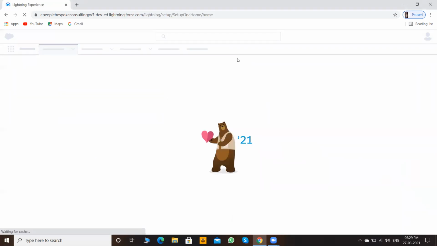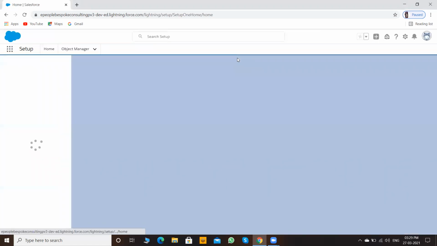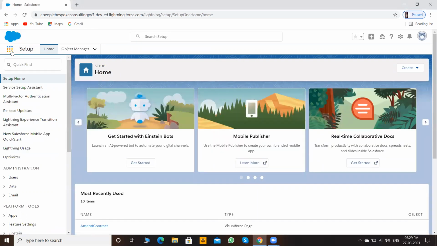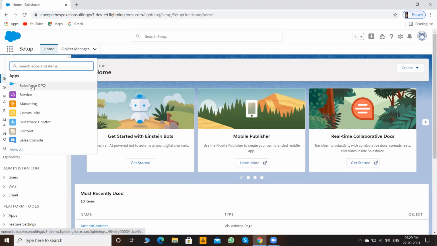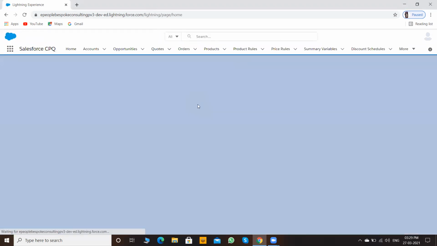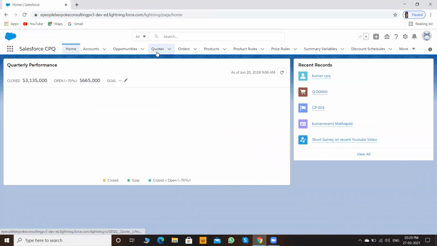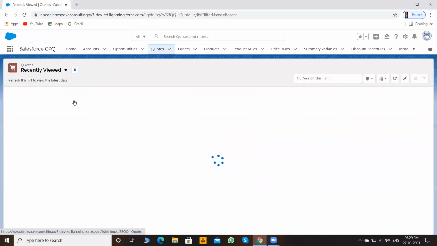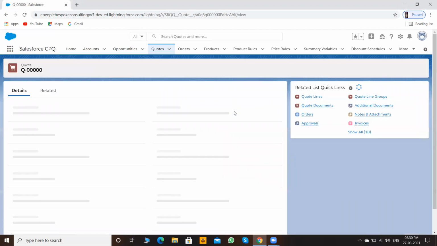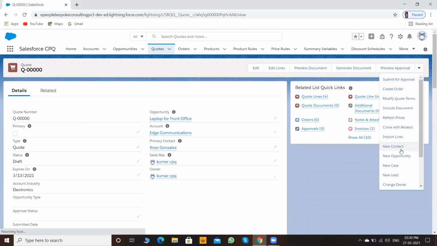For this implementation, first we need to add a button to the quote page layout. So I will open my quote, and you need to add this Import Lines button to the page.